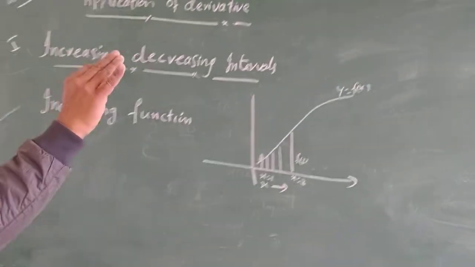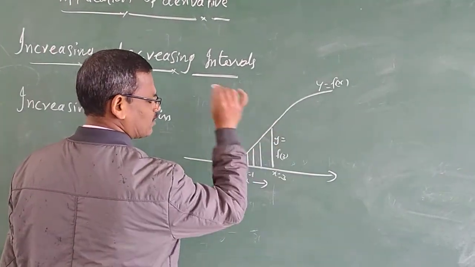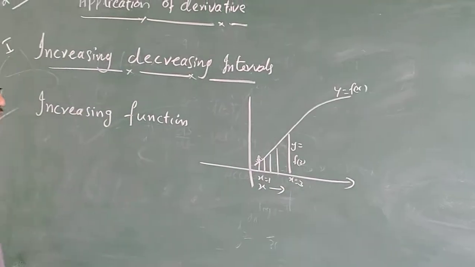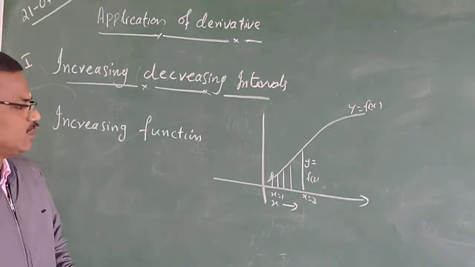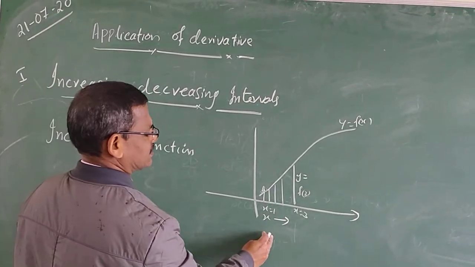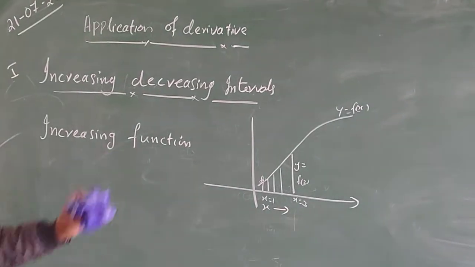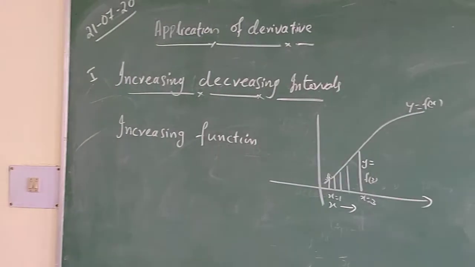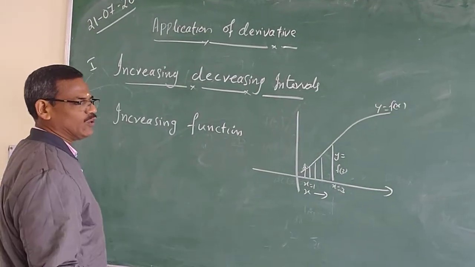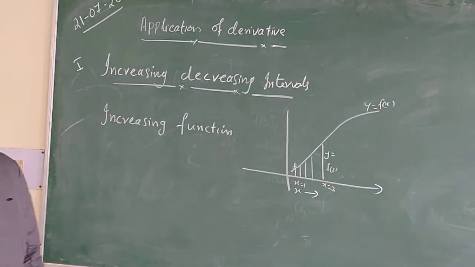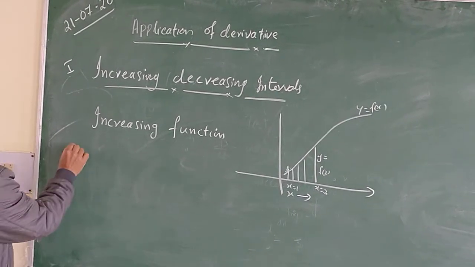So when x increases, the y value, we call it y is equal to f of x, or the f of x value can be called the y value of that function. When x increases, the y value also increases, and such functions are called increasing functions. In general, if you want a correct definition of it,